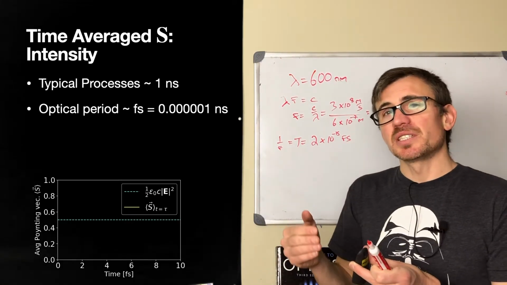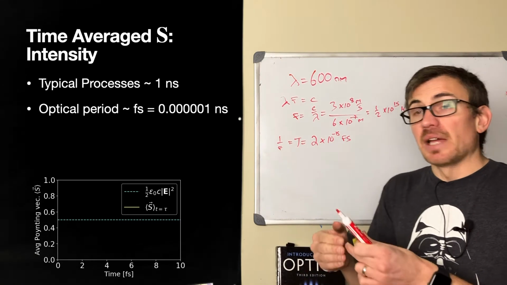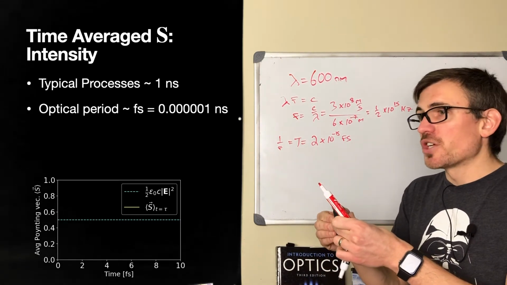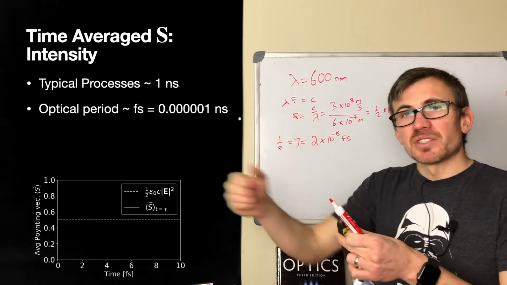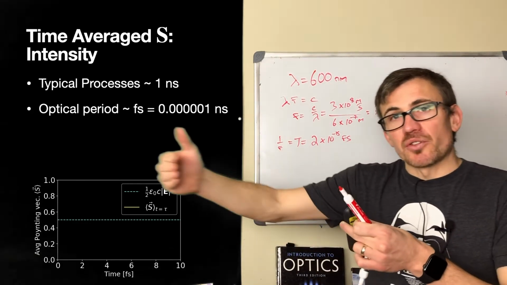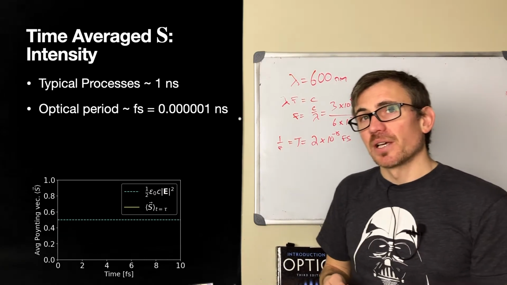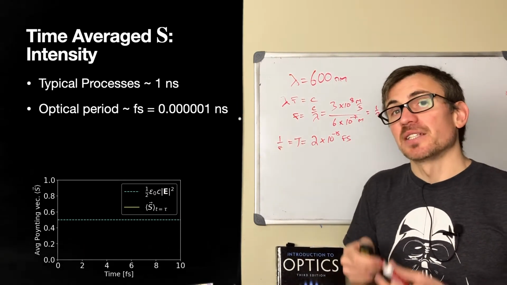So we typically don't see energy processes in nature where the transfer of energy happens cycle to cycle in the electric field. It takes many, many cycles, sometimes millions of cycles, for that energy to get transferred from one system to another. Okay? So what we actually care about often is the time-averaged